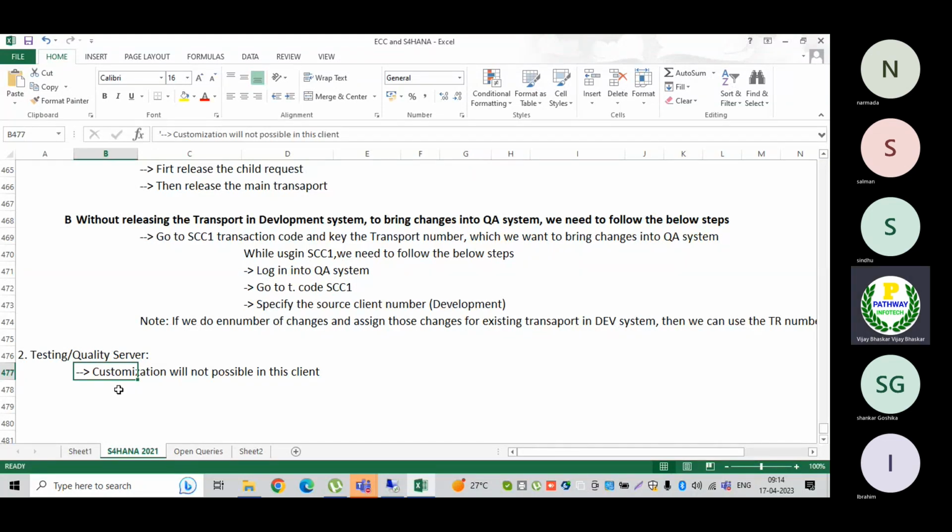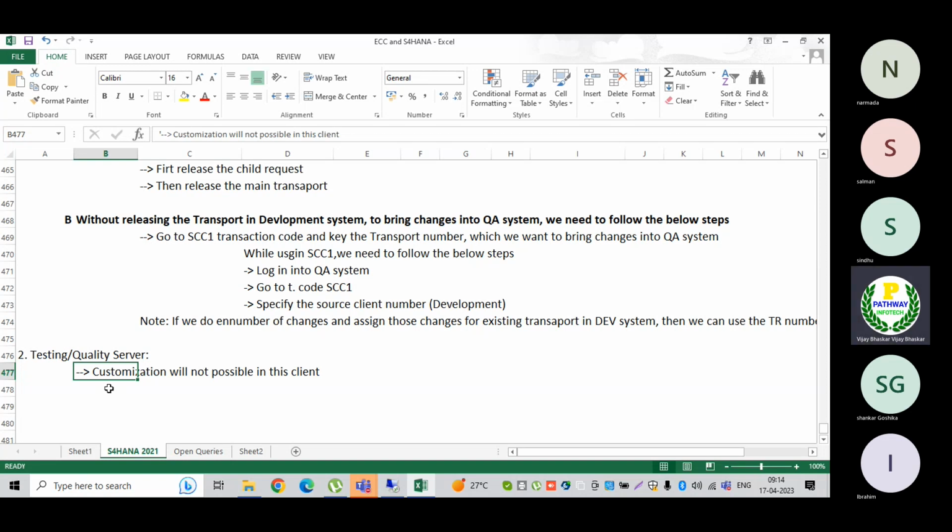But master data, GL creation, BP creation, vendor, customer, document types, and number ranges are not part of a transport request. So those changes you can still do. That is the difference between customization and master data. Customization means the system must generate a transport request for all your customizations.